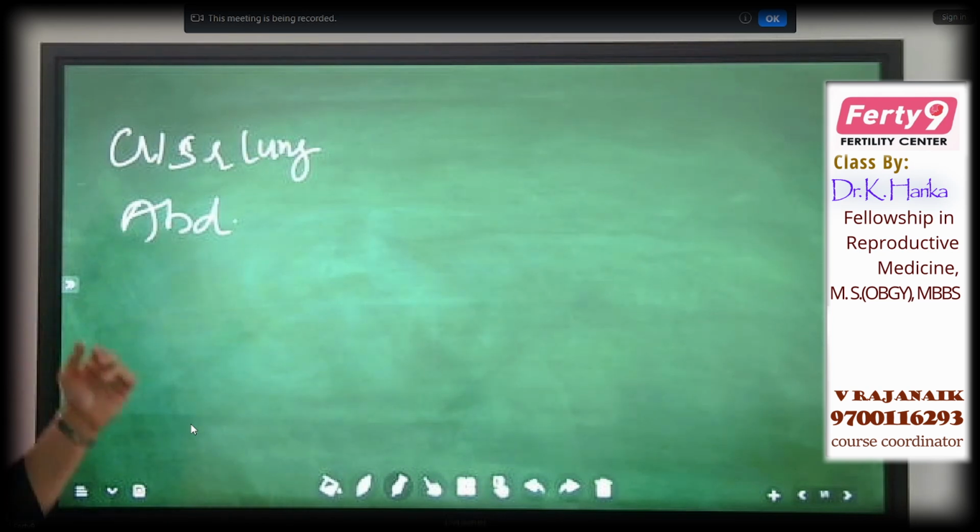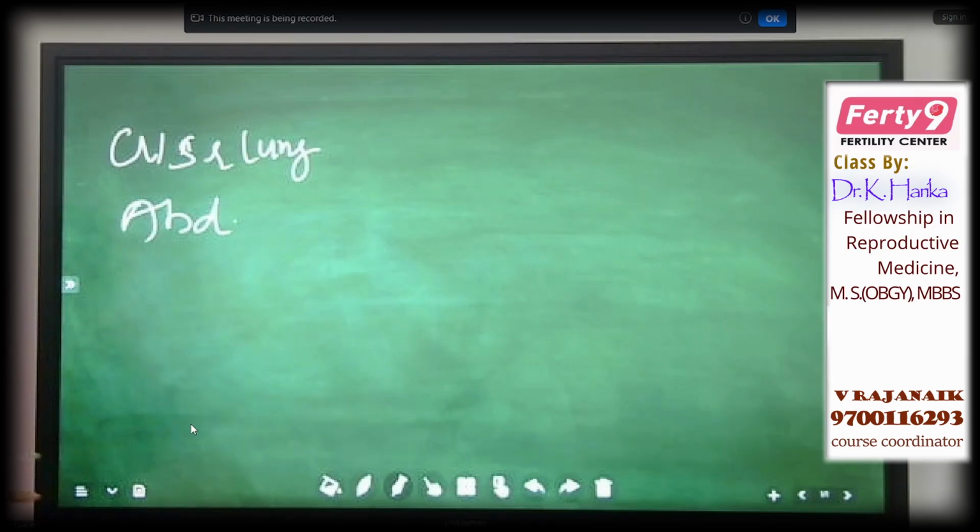The second thing is that you can also make out situs inversus. So dextrocardia you can make out on cardiac and lung examination. I'll be discussing cystic fibrosis in hormone evaluation. Next is abdominal evaluation. In the abdomen you can see any palpable masses and also scars in the inguinal region, because that indicates previous history of inguinal hernia repair or orchidopexy surgeries.